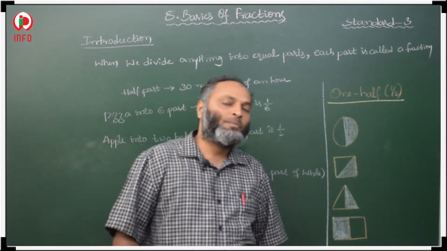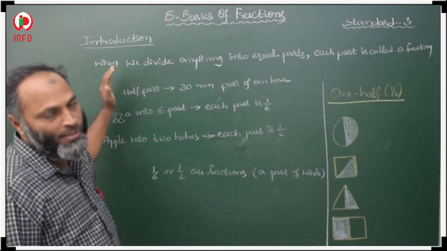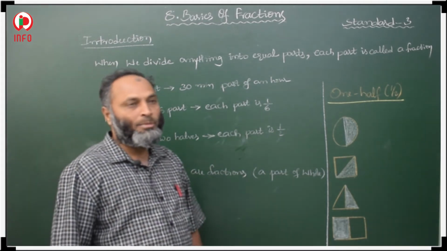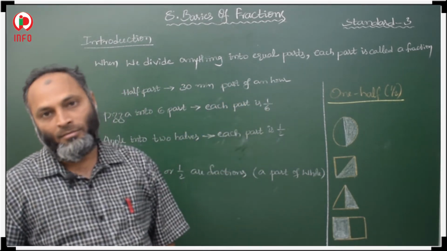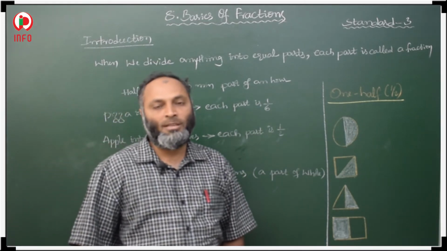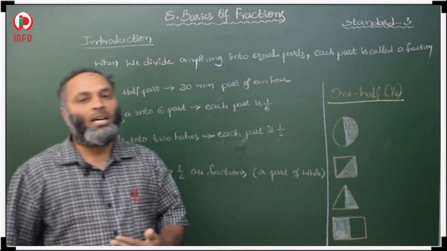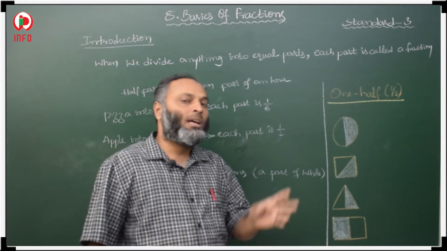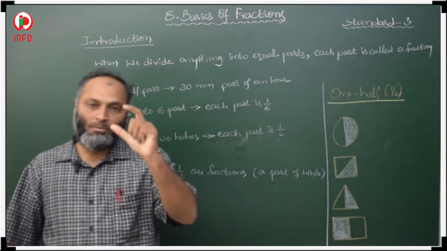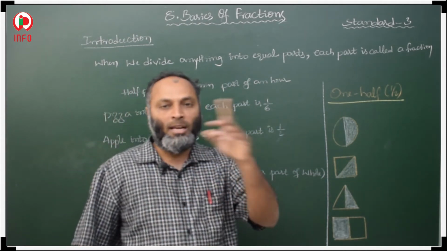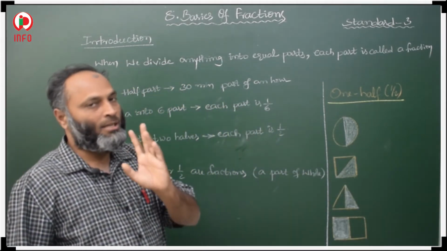Anything whatever it is. For example, one half past in a clock. Half past means 30 minutes past an hour. Half past 1 means 1 hour 30 minutes. 30 minutes past means half of the hour has passed, that is 1 hour 30 minutes. Half past always means 30 minutes. Half is a part of an hour, one part, so half means 30 minutes.